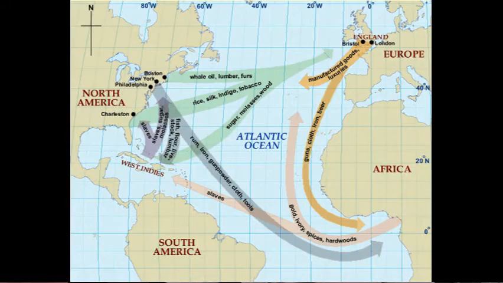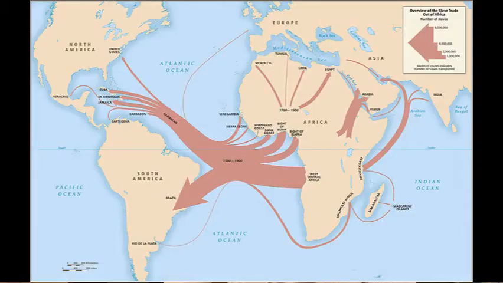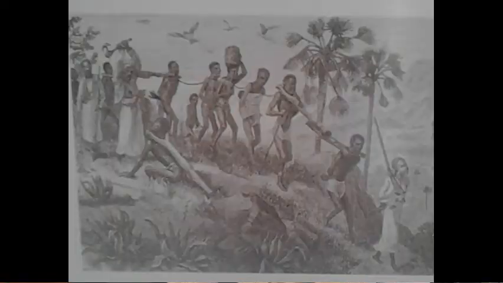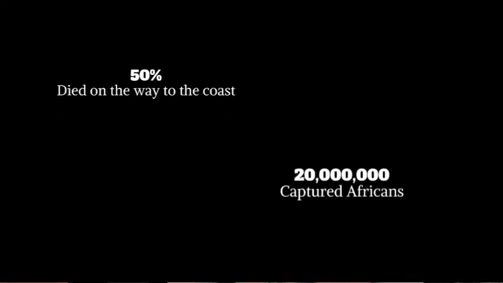Europeans destabilized West and Central Africa by trading goods, arms, and alcohol for people. Africans who lived on the West Coast traveled into the interior of the continent and captured others. They targeted young men and women, leaving behind the elderly and less able. Then these young people were marched hundreds of miles to the West African coast. It is estimated that roughly half of the 20 million people taken from the interior of the African continent died on the grueling march to the coast.